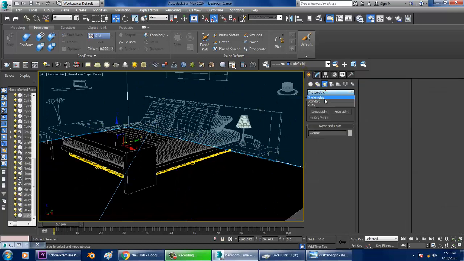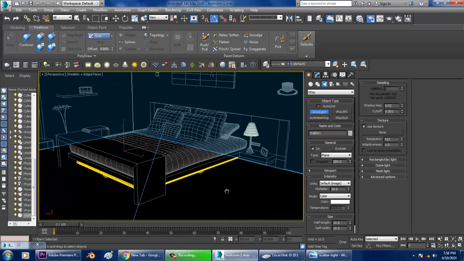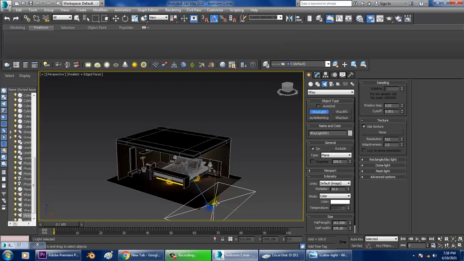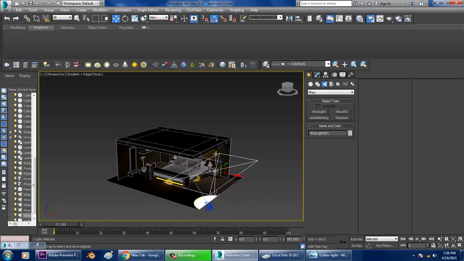I'll go into V-Ray and I'll take one V-Ray light. Let's take one V-Ray light over here.